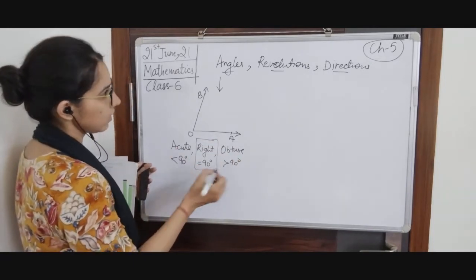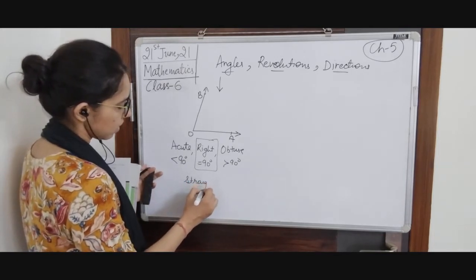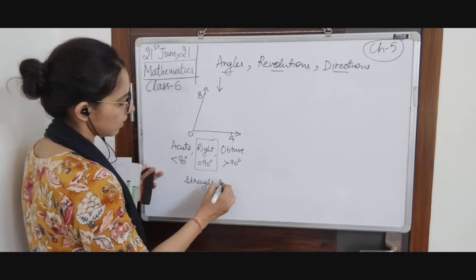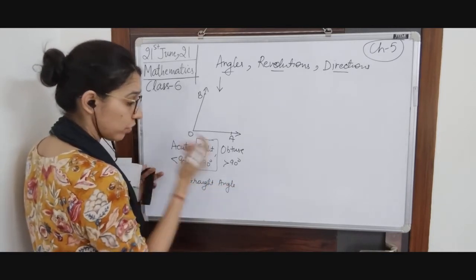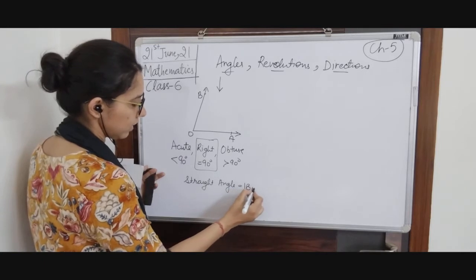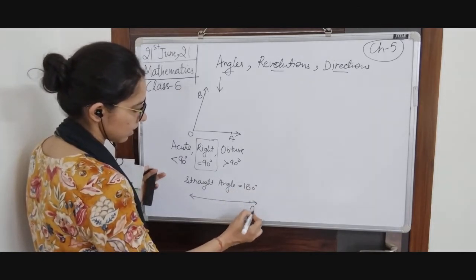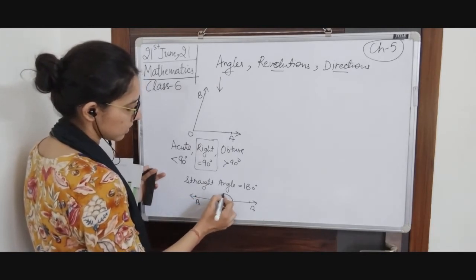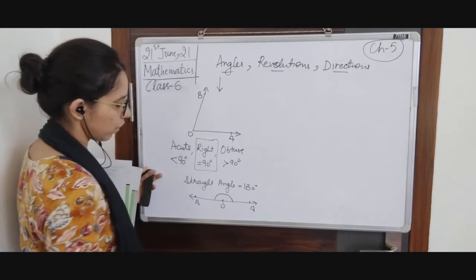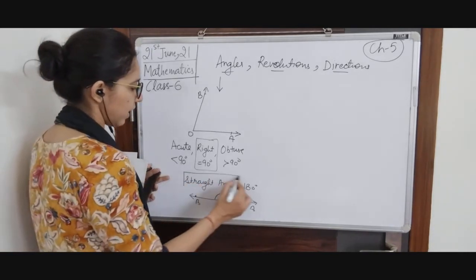Then in this exercise, we have the straight angle. Straight angle is the angle which is formed on a line and which is equal to 180 degrees. If this angle looks like this, this is A, this is your B and this is your point O. This is the angle, straight angle AOB. Okay, next after straight angle, right angle.